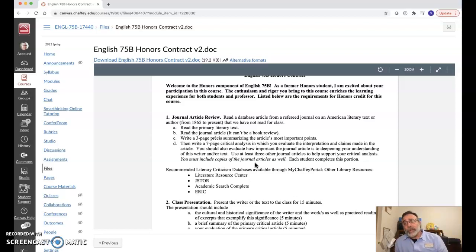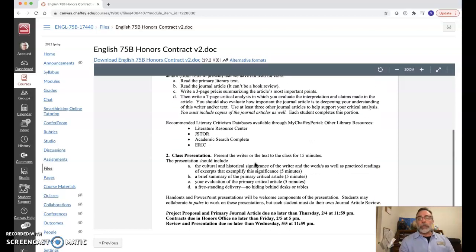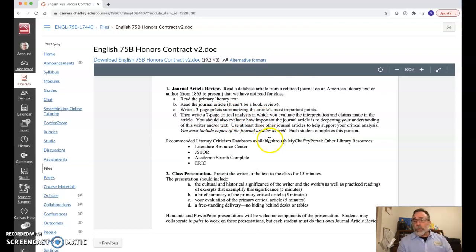It's very, very open-ended, and that's just because, like I've said before, I want you to really enjoy digging in and finding out more about a piece of literature that you really, really like. It's also designed to help you understand that one piece of scholarship does not ultimately define any work of literature or any work of art. It's a constant dialogue that continues to grow among critics and scholars and people like us who engage with those conversations. So, 3-page summary, 7-page critical analysis,